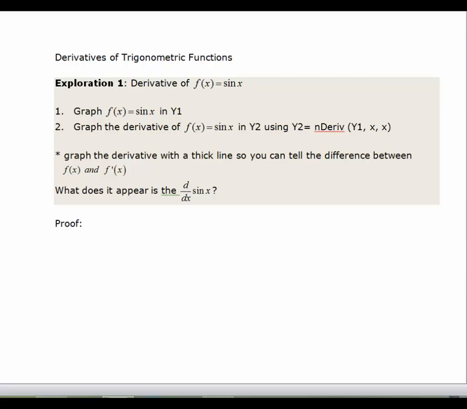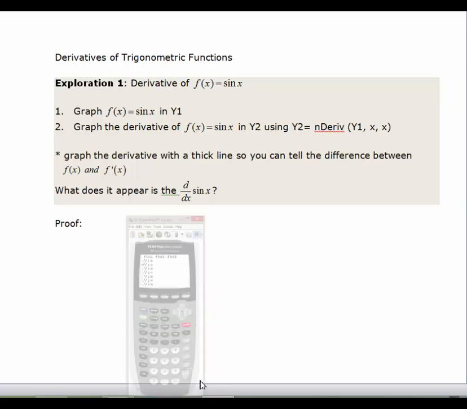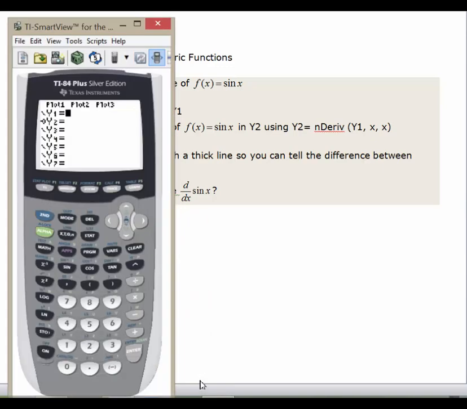In this video, we're going to derive the rules for derivatives of trigonometric functions, and we want to start off with the first one, which would be the derivative of sine x. Before we actually derive the derivative, or prove the derivative, we are going to look at it on the graphing calculator. And so I want to put y equals sine x